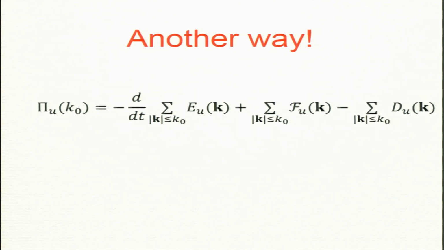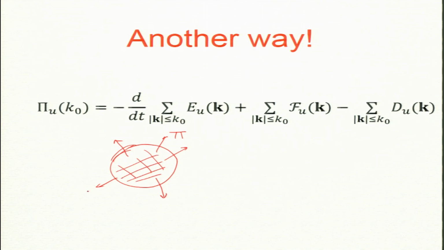So, this formula I derived in the last class. Now, it is quite easy to see intuitively. What is the flux? It is energy going out by nonlinear interaction. Now, the question is how energy can change inside the sphere. Energy can change inside the sphere in several ways. One thing is I am losing by viscosity. I think I described that in the last class. So, it loses by viscosity, this is a viscous term.